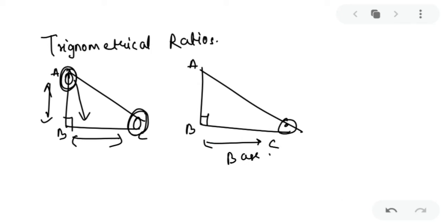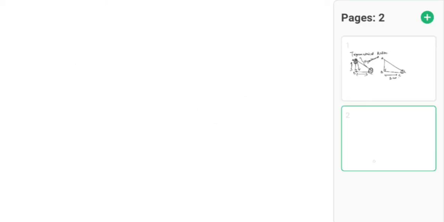Okay, so in any right angle triangle, the side opposite is called as perpendicular side and side adjacent is called as its base. And this we know, opposite 90 degree is always called as hypotenuse. So there are three things to be considered in trigonometrical ratio. That is, perpendicular, base and hypotenuse. These three sides have to be taken into consideration. So in all the problems, I request you to find all the three sides and keep it ready. Okay, and then you have to just apply the ratios which I'll be telling you right now.